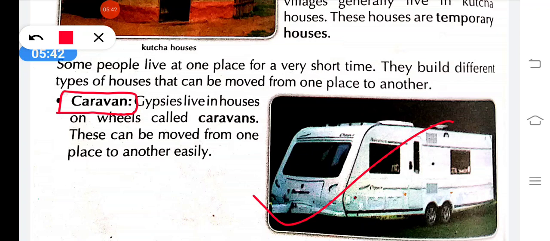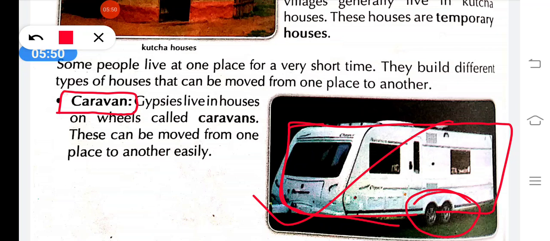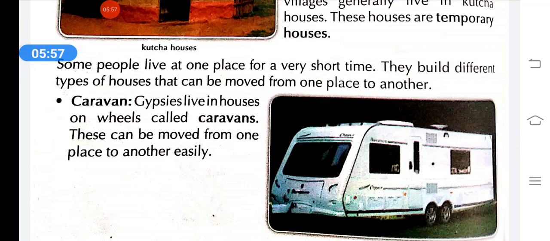They live in houses on wheels. Inside this van, everything is present. Their bedroom, drawing room, bathroom, kitchen, everything is there. Okay, now the next one is